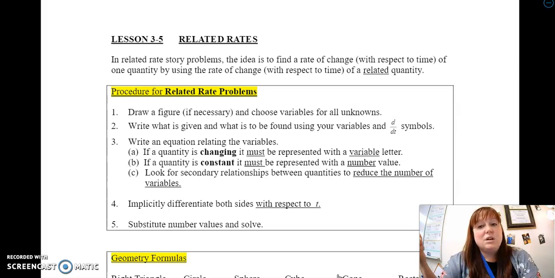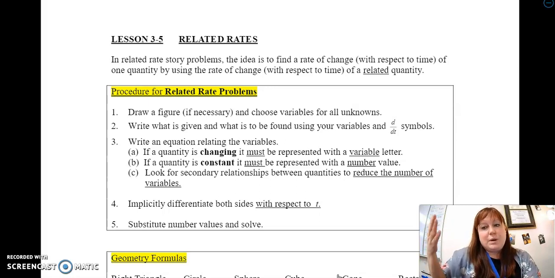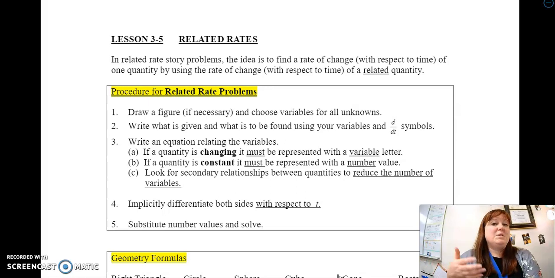So here's basically how we do it. We draw a picture, if you can. I always draw a picture. And we choose variables for all the unknowns, okay? Then we write what we're given and what's to be found, and then we use dt symbols, meaning if we're trying to find the rate of change of the volume, we would say dV/dt. If we're trying to find the rate of change of the area, it would be dA/dt. Then we write an equation